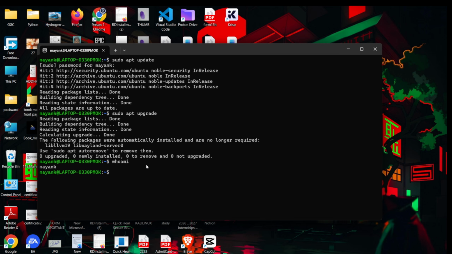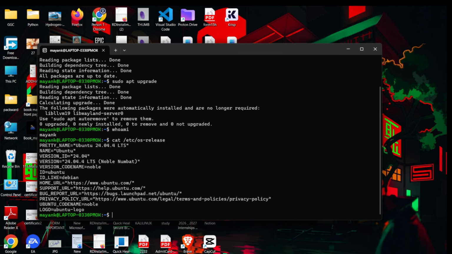You can check it by writing cat /etc/os-release. Press enter. Here you can see name Ubuntu, version 24.04. It means Ubuntu is successfully downloaded, and now you can write Linux commands perfectly.